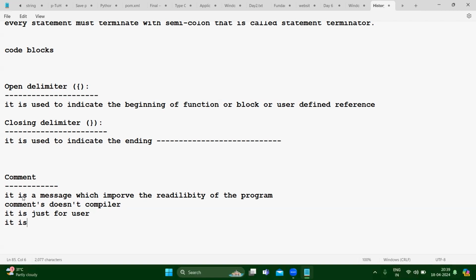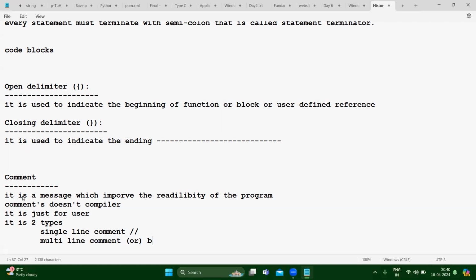So there are two types actually, right? One is the single line comment, like this, and another one is the multi-line comment, which you can also call a block comment.